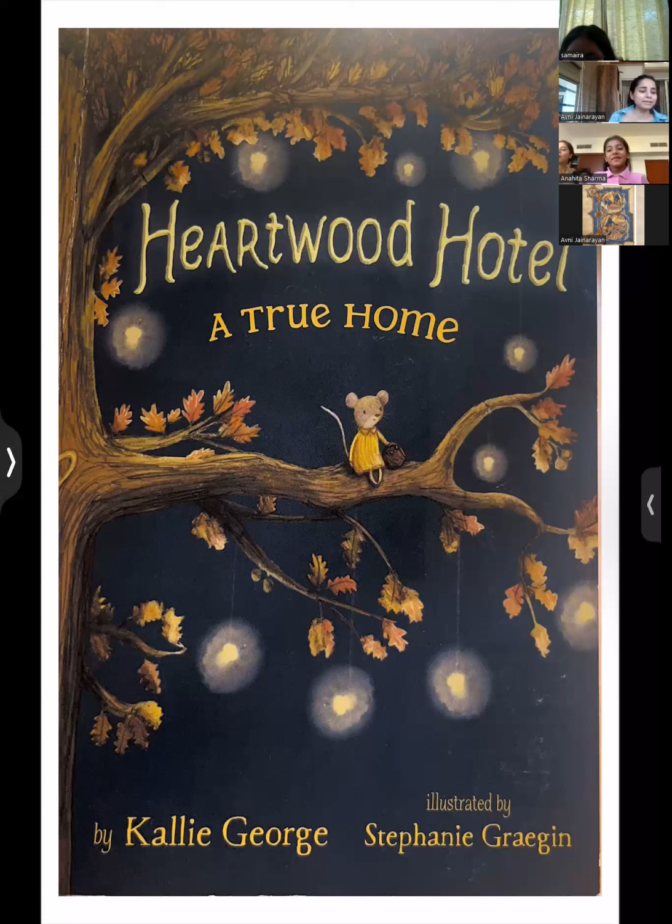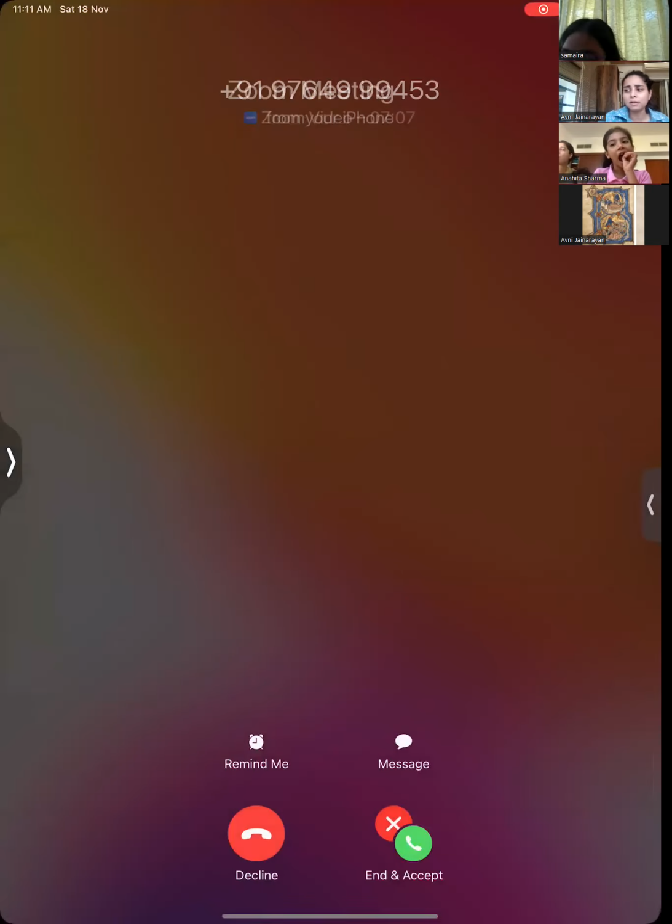Okay. So now let's get back to the story. Before we buy a book, before we choose the right book from the bookstore, it is important that we have already fallen in love with the book. Only then we should go and pay, right? We should not just buy the book and keep it on the shelf. So if we have a look at the illustration here of the book page, it looks like nighttime. There is a mouse. Okay, sorry.